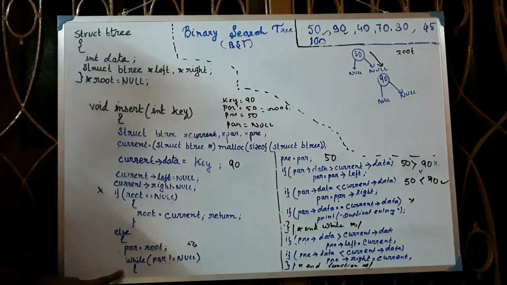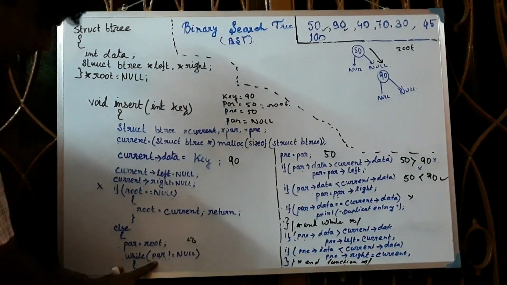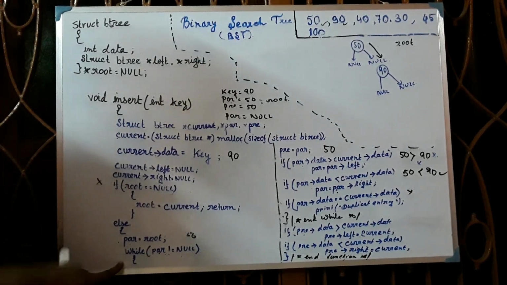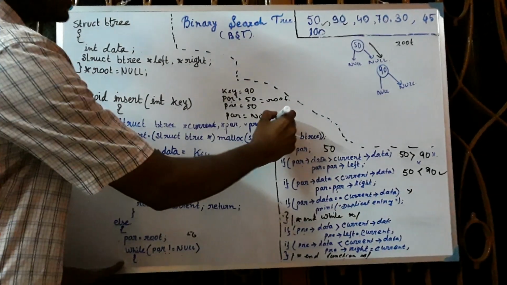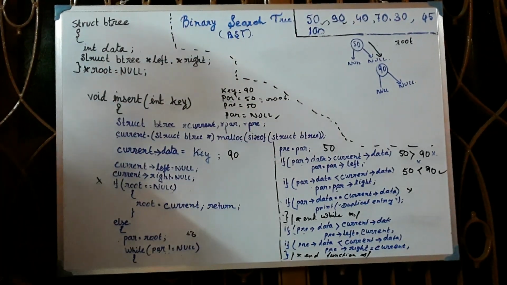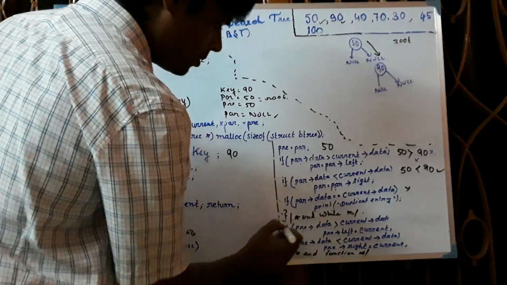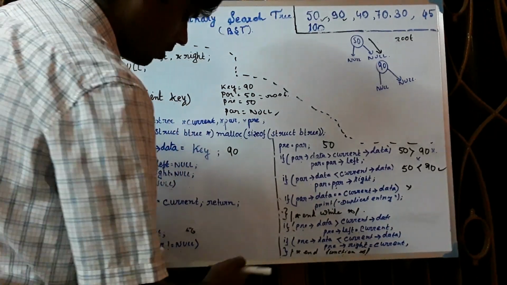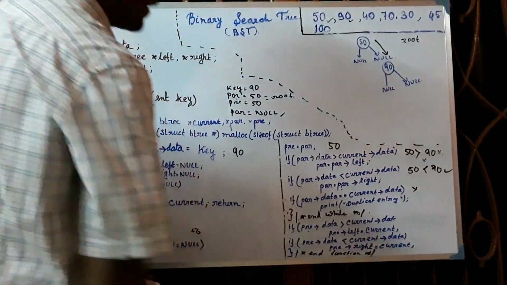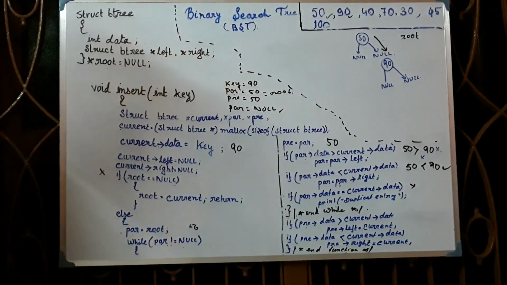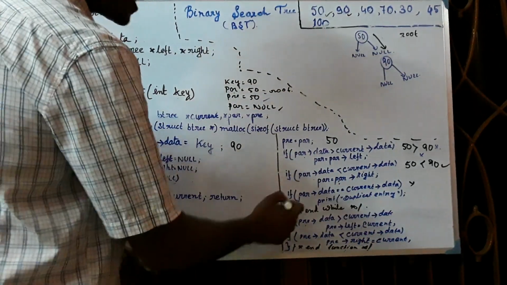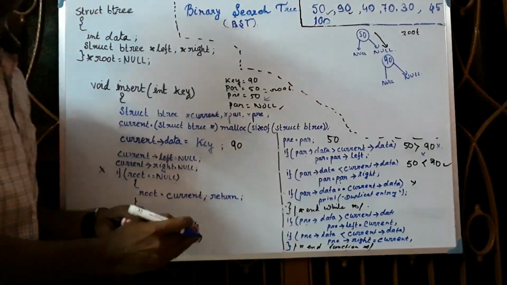That means the while. Now what is the updated value of parent? It is null. So it comes out from the while loop. After coming out from the loop, it will check the pre arrow data. What is the value of pre? You can check pre is 50 now. When it came out from the loop the first time, the value of pre was 50.